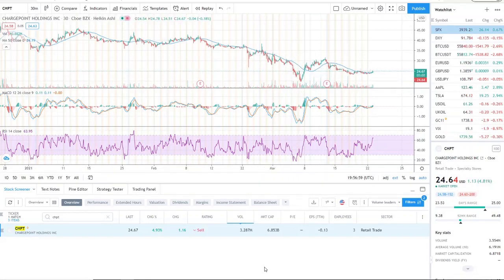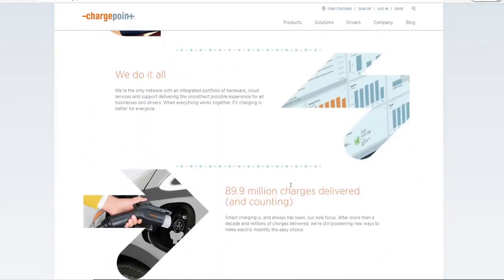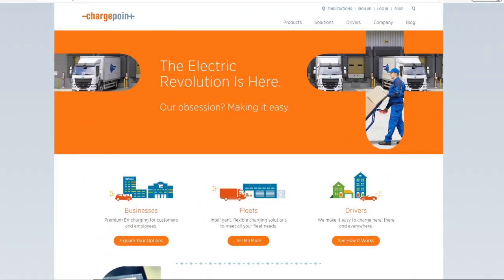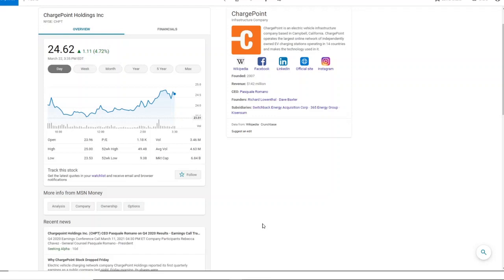ChargePoint is going to have a piece of its pie. So definitely check out the website. That is one thing I do recommend so you could see everything about it. And I also want to pull up here another picture of a screenshot that I took. A lot of people would probably be a little bit concerned about their financials. And that's why I stated earlier, this is where you need to realize that you are investing